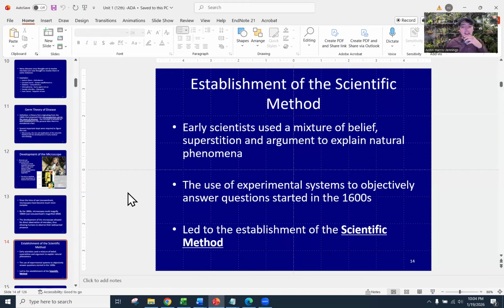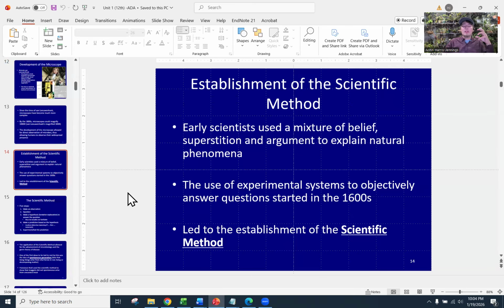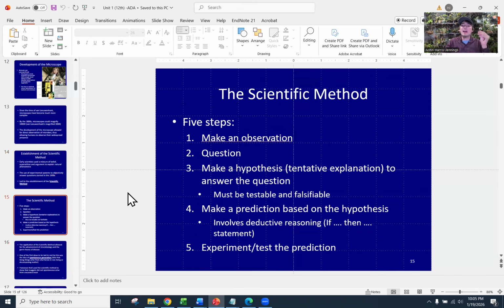Those kinds of ideas led to, they were like, these things cause disease, but then at the same time they're saying, oh, these little microbes exist, these little animalcules exist, and eventually you're starting to realize that certain species of bacteria exist when we see some of these diseases. We're starting to make these tiny bits of connections, and around this time we're starting to develop the scientific method